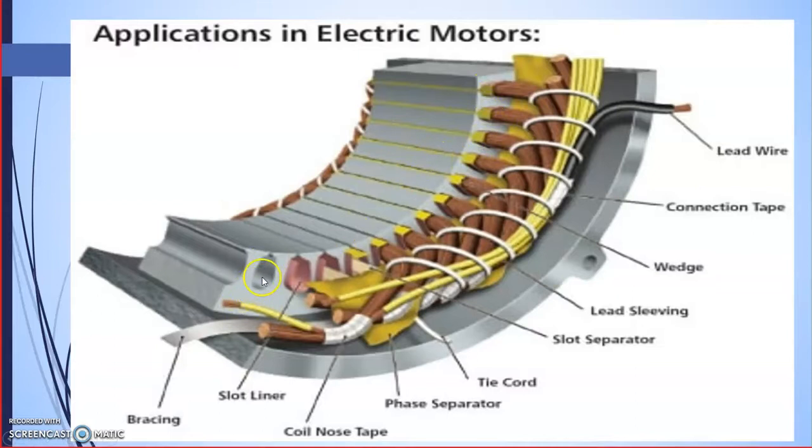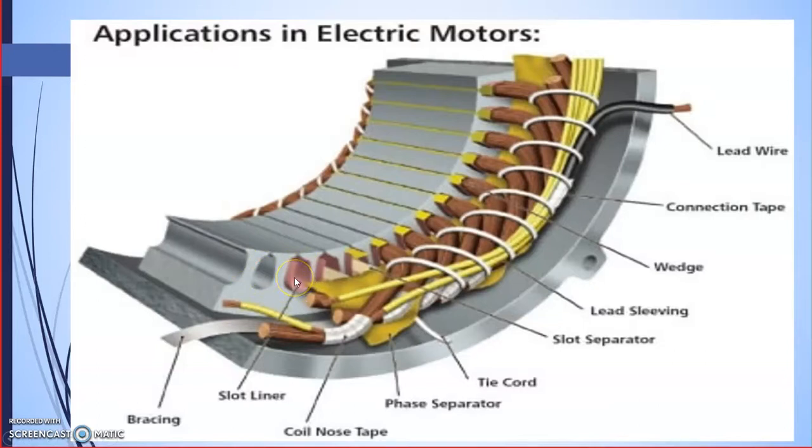So you can just see here it is vacant, so this is the slot. You cannot just place this copper wire inside this groove, you have to insulate it, and you can see this insulation here around the coil, which you are familiar with. But slot liner insulation you can now understand with this figure. You can see this part is the bracing, these are called slot liners. And if you want to place insulating material in the slot, the shape of that insulating material should take the shape of the slot. So your material should be flexible to take the shape of the slot. You can see these slot liners are there.